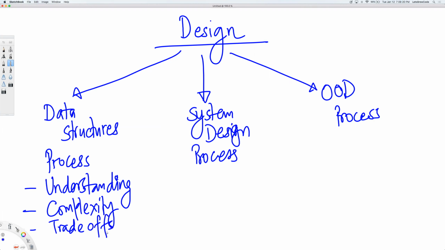So these are the things that give evidence that yes, you have a good understanding of these data structures. Now, in terms of system design process, suppose you are asked to design a system, what is being tested is,